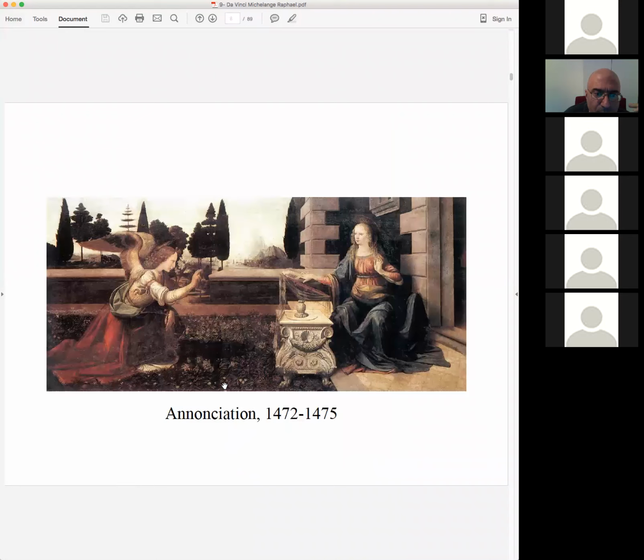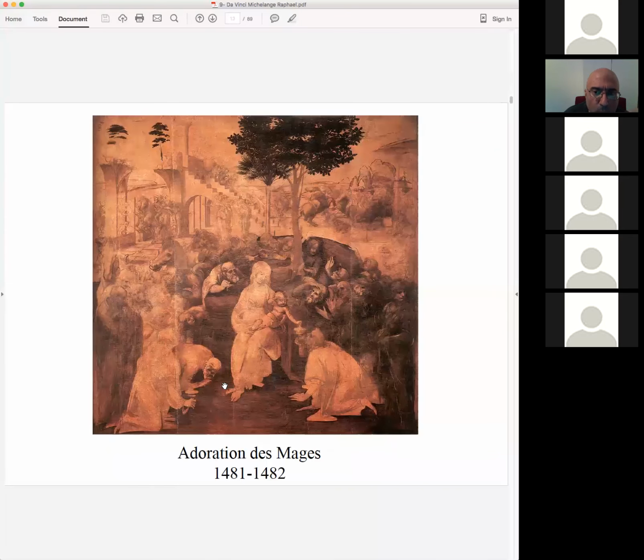Well, what did Leonardo do? What he did was, in fact, conceive of light as an element of the story. Why do I say this is a major innovation? Well, we see this today in cinema, in theater, in installations, in photography. Everybody, in fact, uses this technique of using light in order to determine which element is more important